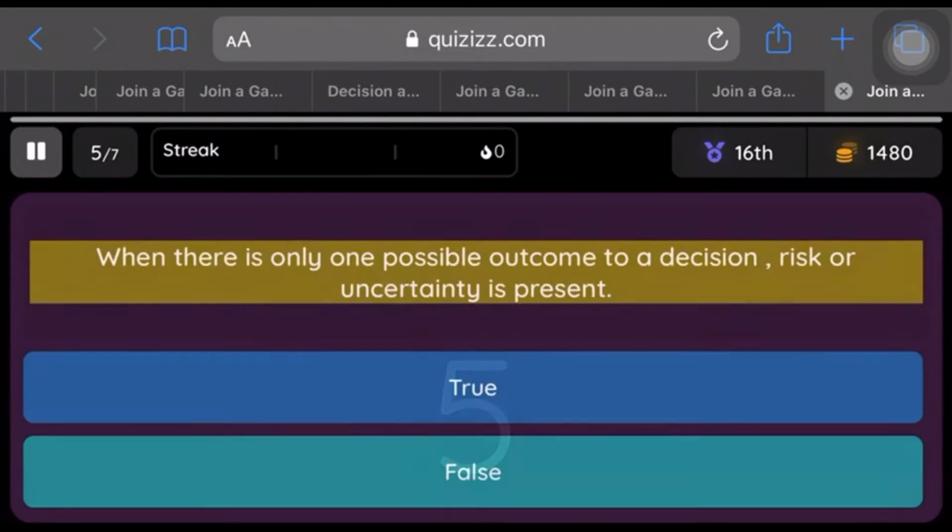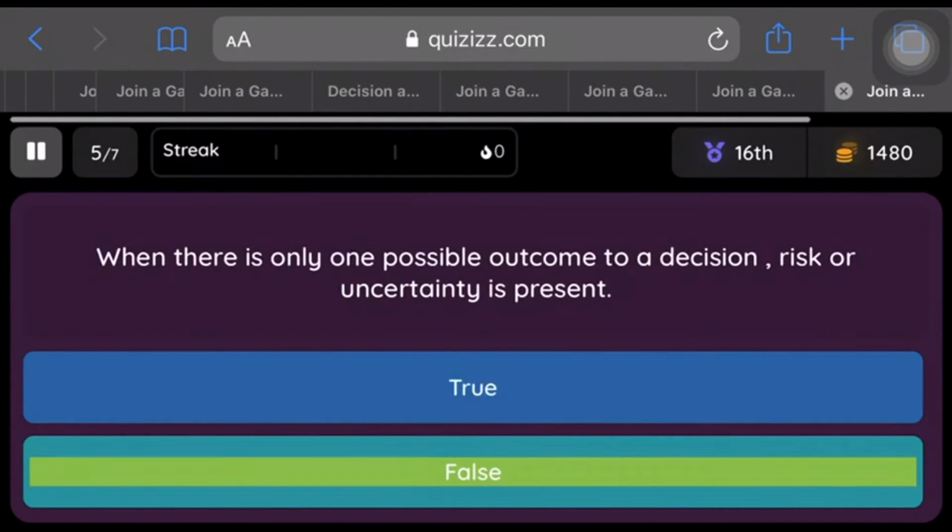Question. When there is only one possible outcome to a decision, risk or uncertainty is present. Option 1. True. Option 2. False.